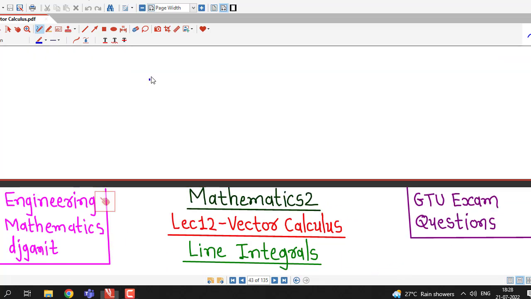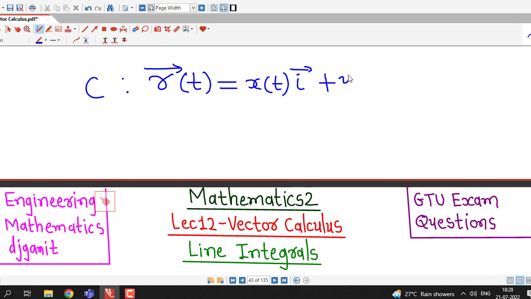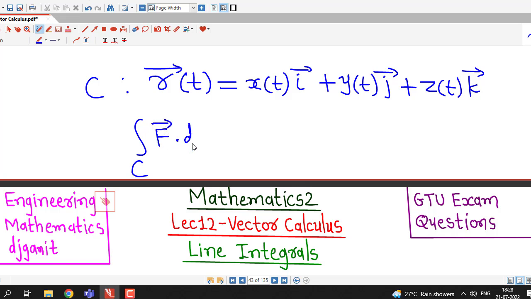If we remember, if we have a parametric representation of a given curve C in terms of x, y and z, suppose r bar t is given by x(t) i plus y(t) j plus z(t) k, then the line integral of a vector function f bar along curve C with this parametric representation is given by: we find the vector function at r bar t,